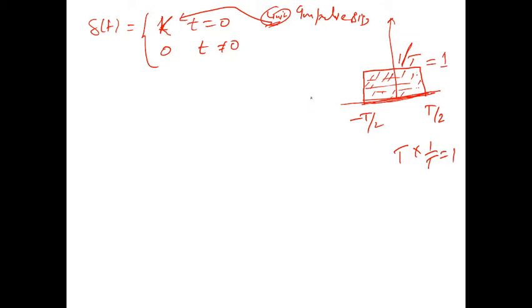So, let's say I am saying that the area should be 1. The area of delta t should remain 1. The area of this function should be 1. However, this length, the breadth from minus t by 2 to t by 2, now we are going to reduce. So how will this be adjusted? Can anyone tell me?